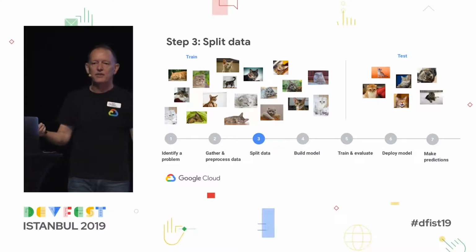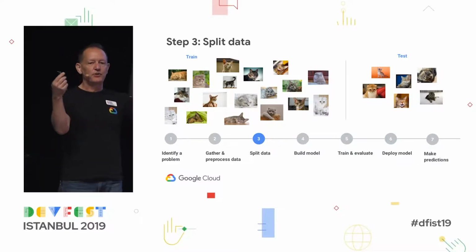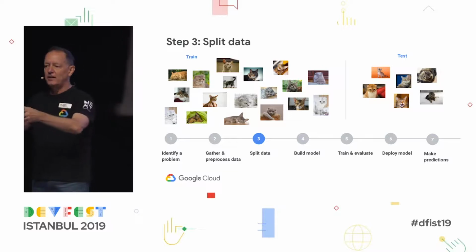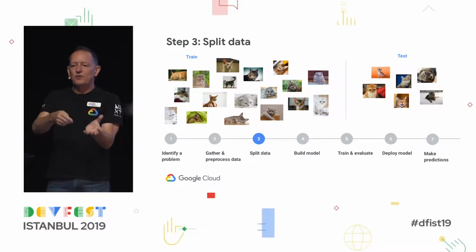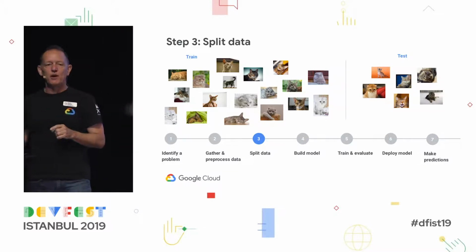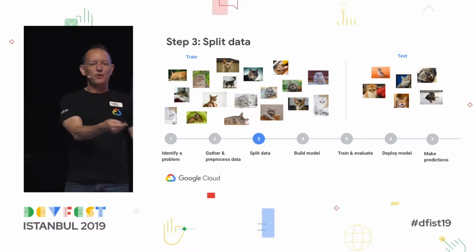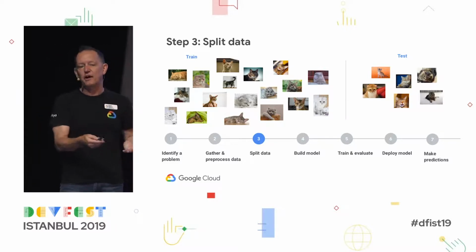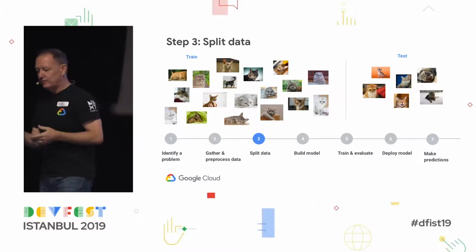that are out there. Then once you have that data, you have to split it into your training data set and your test data set. You have to do that because when you're going to test for the accuracy of your model, you can't have it be using data that you already trained on because it already knows those answers.